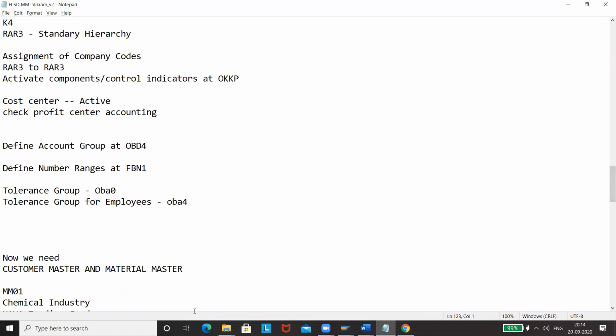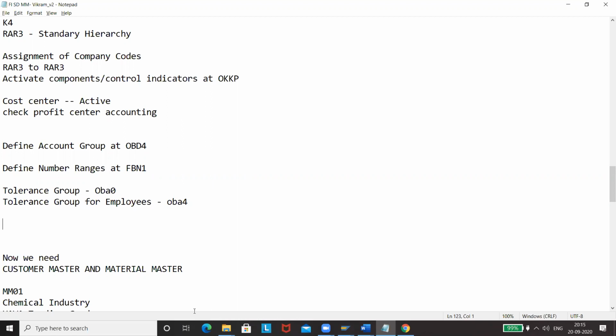Now we'll go ahead with the other settings and then the ST settings, and once we are able to procure some materials, that means we are done with settings and integration. And once we sell the material we created to a customer, we'll be able to create the ST integration as well.